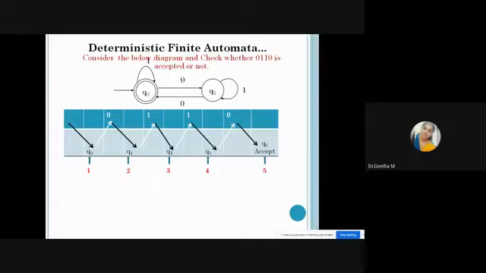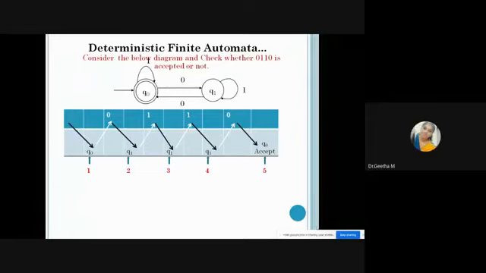So see the diagram. I have considered the same example. You know how this diagram will be working. This diagram consists of two states. Initial is q naught, final is also q naught. There are four transitions available: q naught to q naught based on 1, then q naught to q1 based on 0, q1 to q naught based on 0, q1 to q1 based on 1. So there are four transitions available. This is what is given in the question.